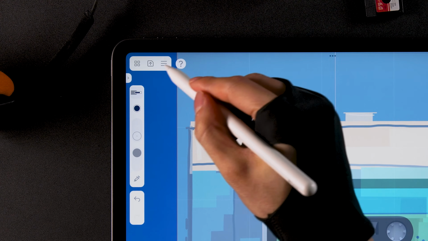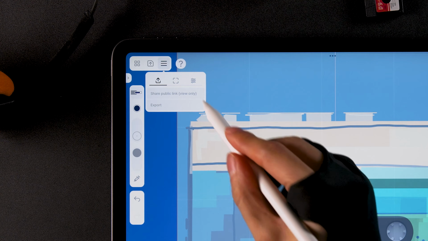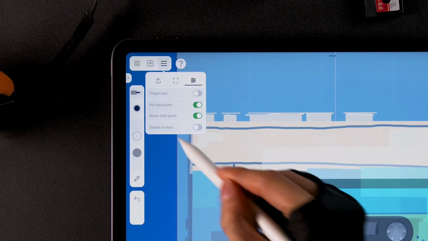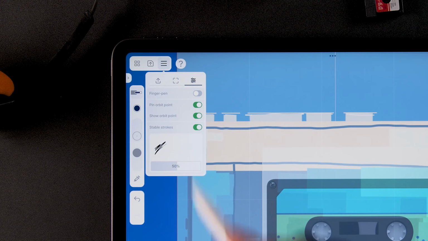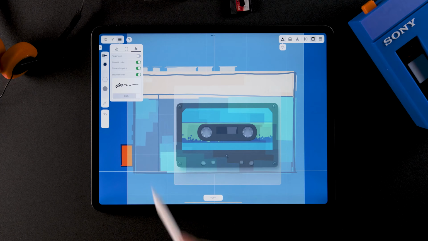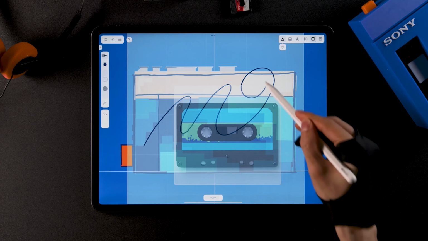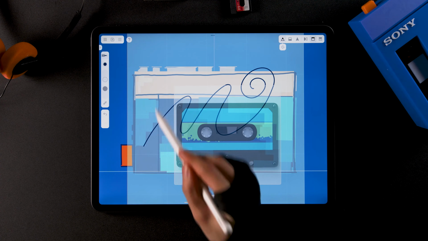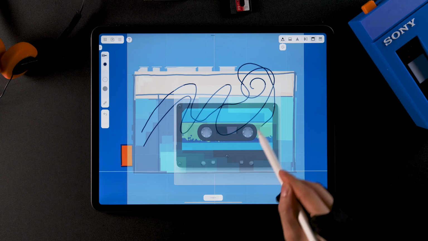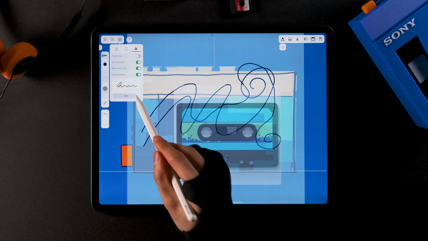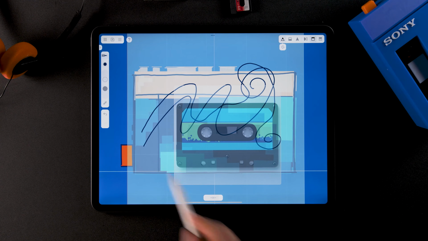Open the System menu and go to the Settings tab, which is on the right. Here, you'll find various drawing options including Stable Stroke. Stable Stroke is a correction feature for smoother lines. Adjust the slider to see a preview of how your strokes will smooth out. Higher percentage results in smoother lines, while lower percentage gives a free but rough stroke. You can test your strokes directly in this menu. Let's set it to about 70% and start drawing.